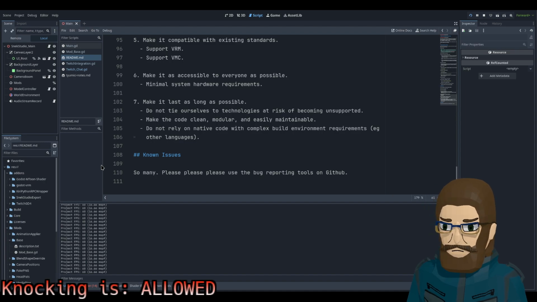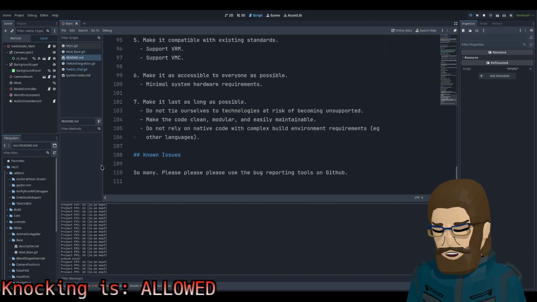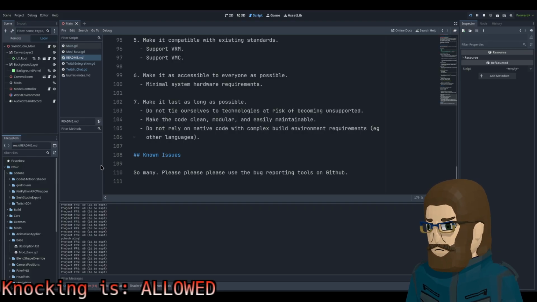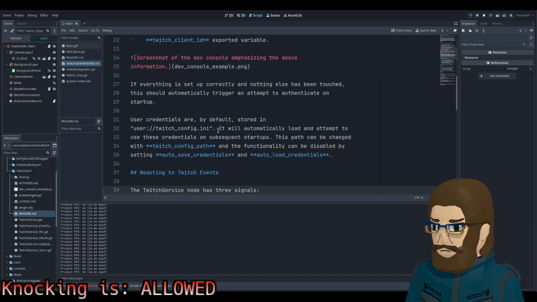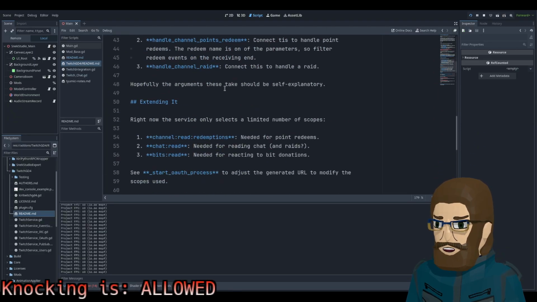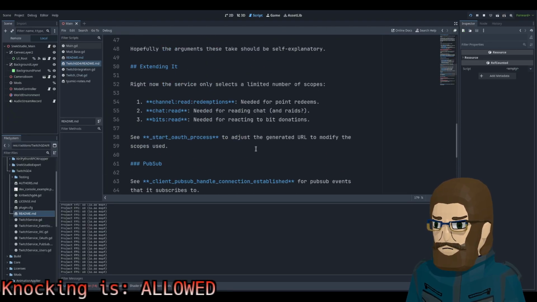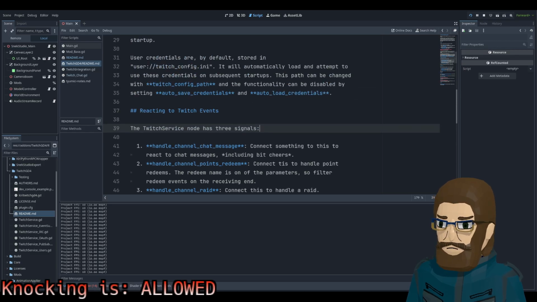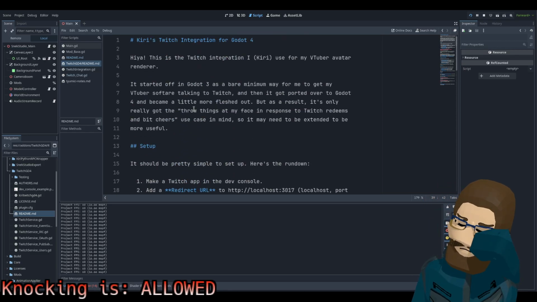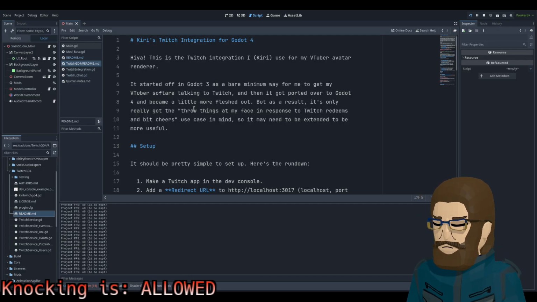You add the Twitch integration mod in the mod menu, and then a window opens, and it's trying to hit localhost port something to get a token, and you're like, huh? What is this? This wasn't in the README. It turns out if you go to the Twitch GD4 folder and open the README there, it lays bare how to set it up. That's what tripped me up, because there wasn't anything pointing to this, and I had never used the Twitch developer console before, so it's confusing.